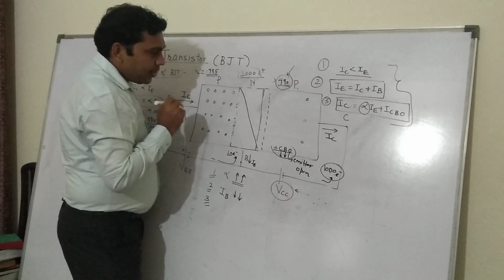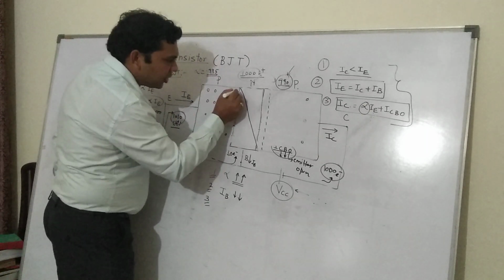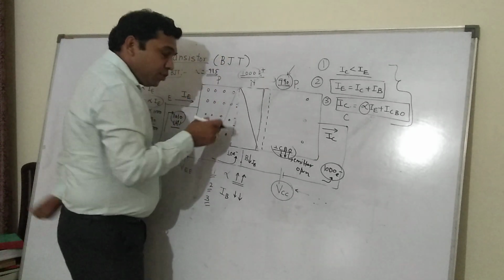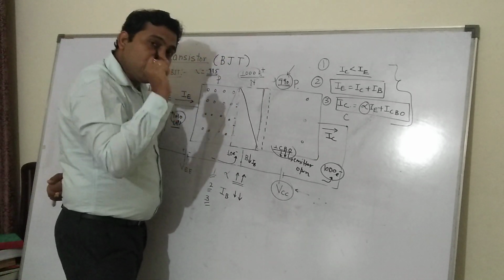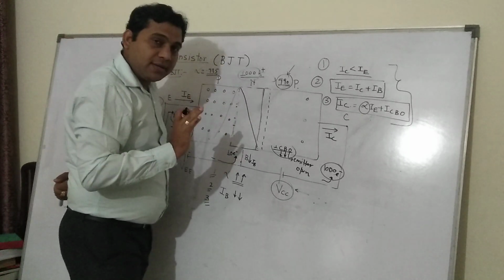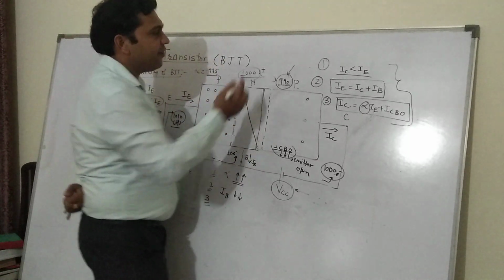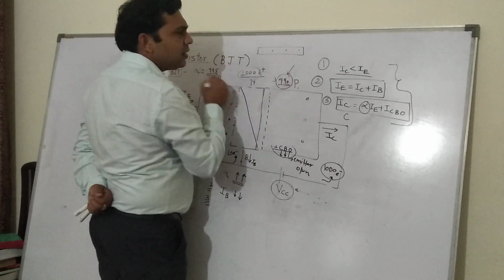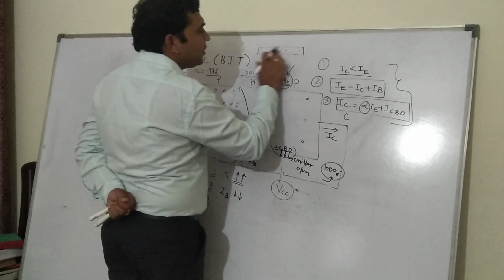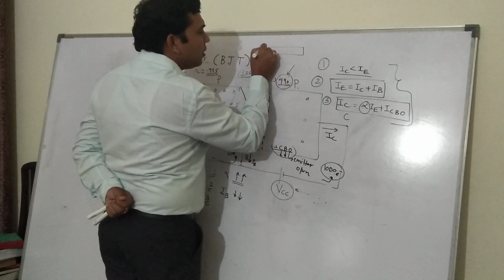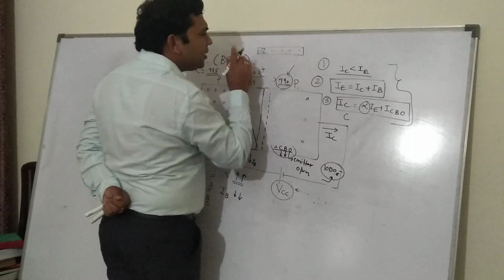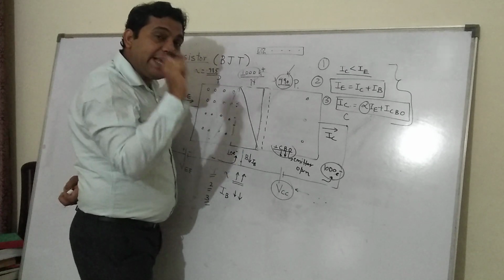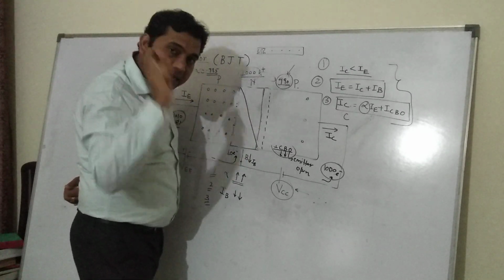Okay, and here the 10 electrons graph can be like this. The diffusion current comes because of the concentration gradient. If there is no concentration gradient, if you have 10 electrons, 10 electrons, 10 electrons, 10 electrons in a disk like this, then there will not be any diffusion current. If the number of electrons is more here comparatively, then only the diffusion current will flow. So the diffusion current mainly depends upon the concentration gradient.